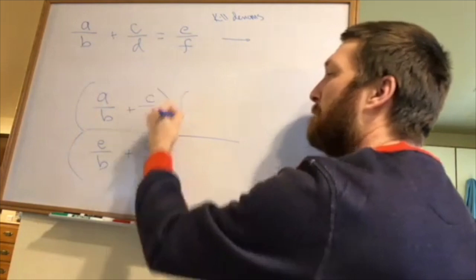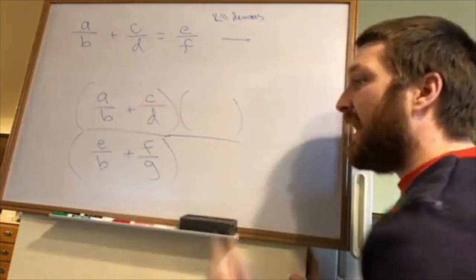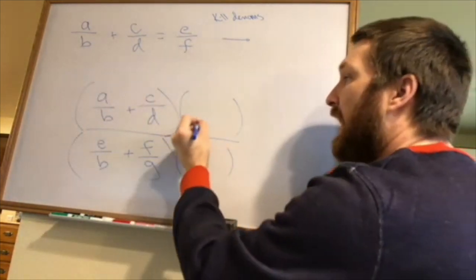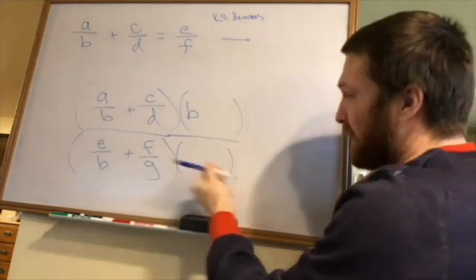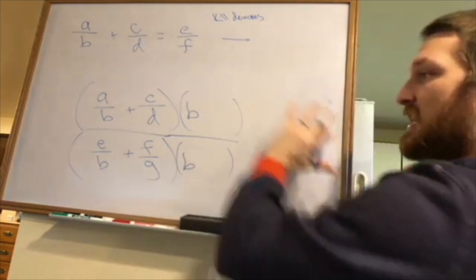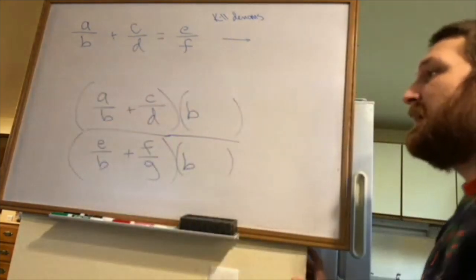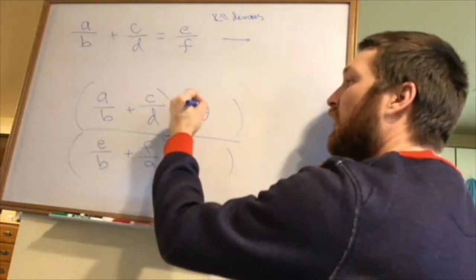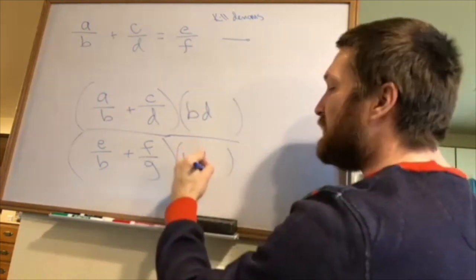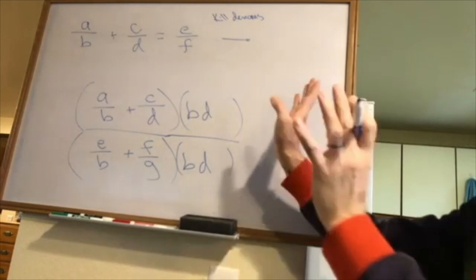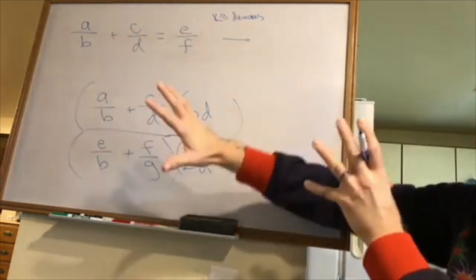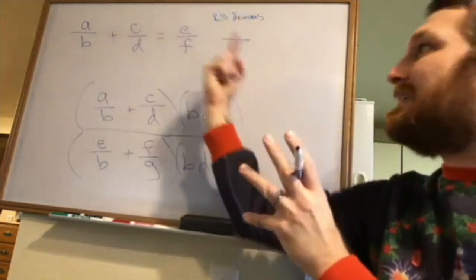I said, a B would kill that guy, so I'm just going to multiply by B. But whatever I do to here, I got to do to here so that I don't change the overall fraction. And I said, oh, there's a D here. Whatever I do up here, I got to do down here so that I don't change it, and so on and so forth. Same thing here, only instead of with fractions, and you've already seen this a billion times,